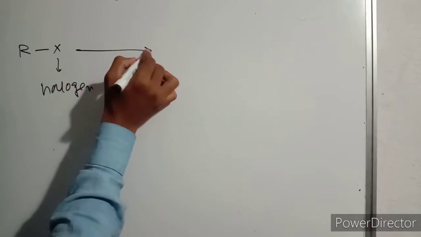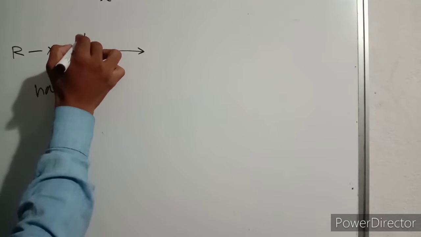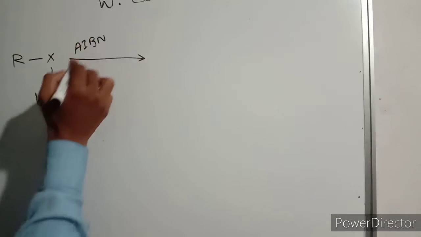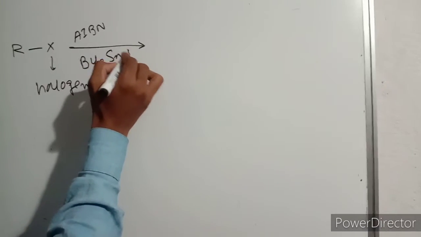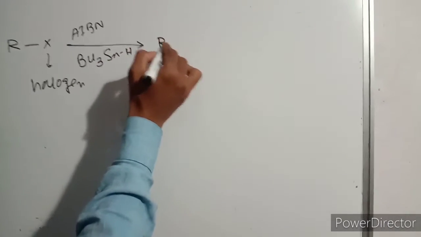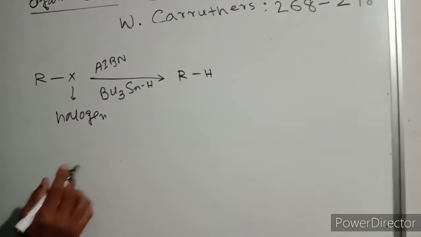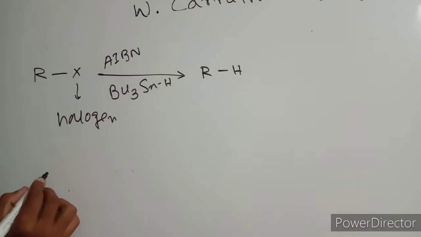If we treat an alkyl halide with AIBN and tributyl tin hydride, we get RH. How will it occur? First of all,